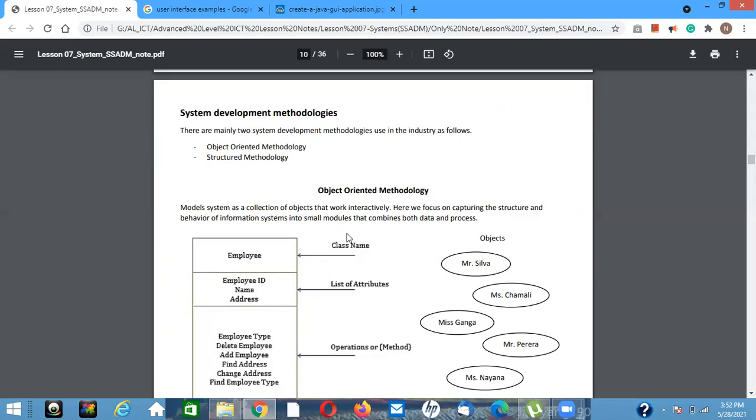Then in this methodology, we look at the functionalities of these objects. The object teacher has some properties and some functionalities. Properties are the teacher ID, employee ID, educational qualifications, professional qualifications, date of birth, permanent address, telephone numbers, and so on.